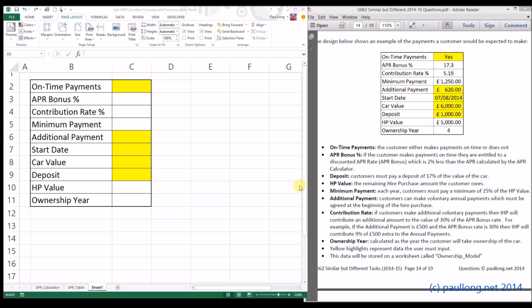This is task 2B part 1. You've completed the APR calculator and now you're looking at a model for the annual payments that a customer is going to have to make. You can see here in the question that this is an example of what it's going to look like, and what I've done is I've already created the text that needs to go in,